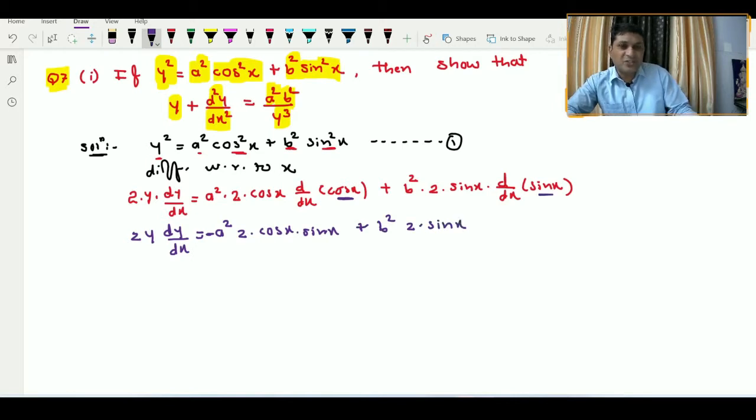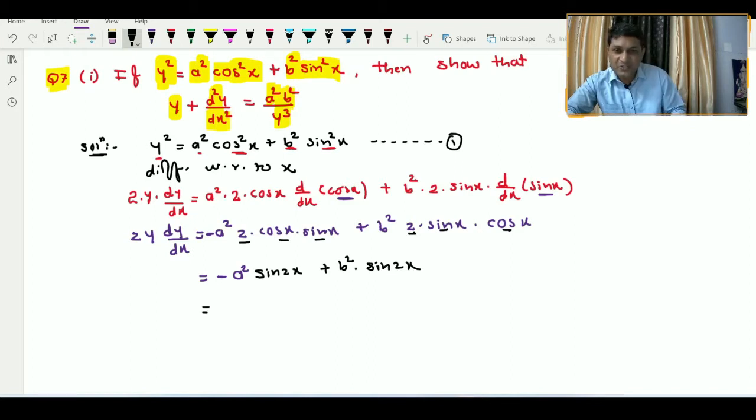Now we are finding the derivative of sin x, which will be equal to cos x. So which is equal to, now here minus a square, keep it as it is, and easily we can observe that 2 sin x into cos x is nothing but the value of sin 2x according to the double angle formula, plus b square as it is, again the value of 2 sin x into cos x will be equal to sin 2x. So if we take sin 2x common from both the terms, we will get b square, and here we will get minus a square. On this side 2y dy by dx, keep it as it is.